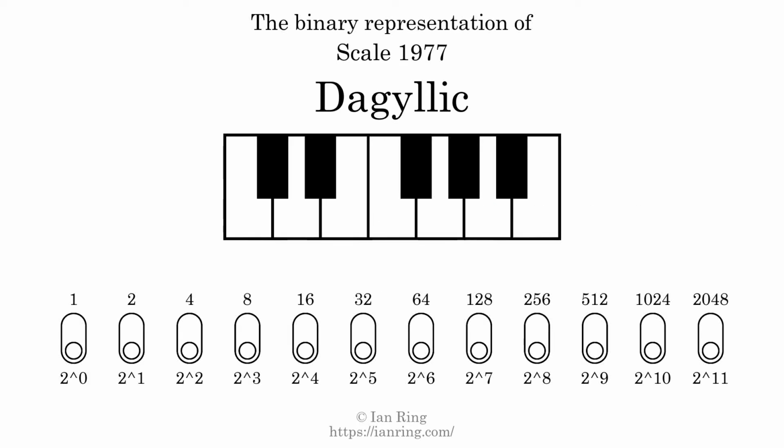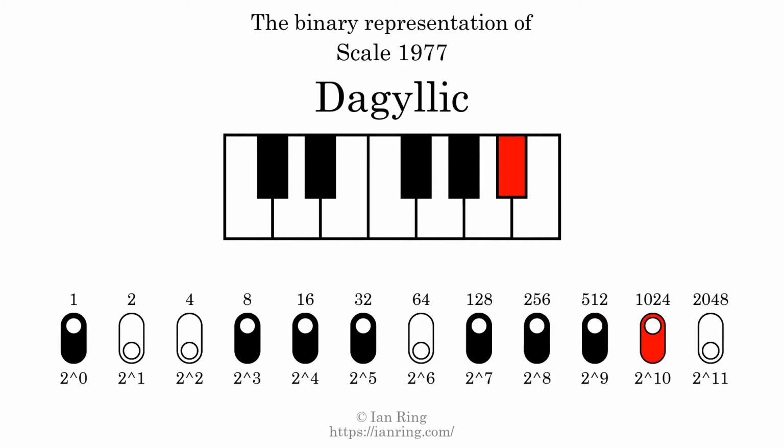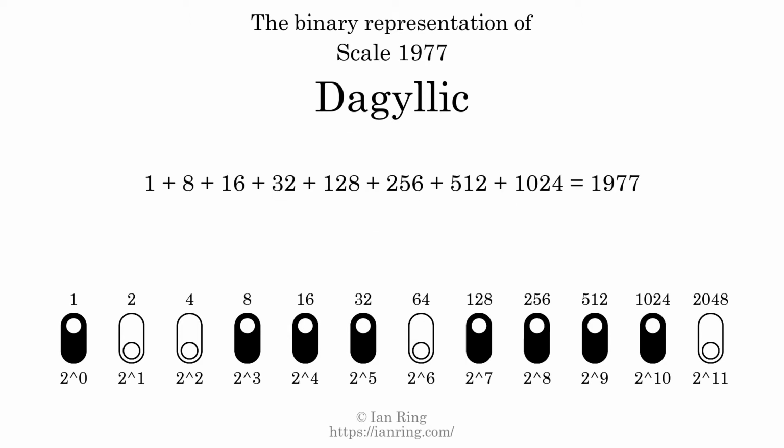The binary representation of this scale is determined by mapping tones of the scale to binary digits. Each binary digit represents a power of 2. To get the scale number, we add the powers of 2 together. The powers of 2 that are present in the scale, all added together, equals 1977. That is why the scale number, in decimal, is